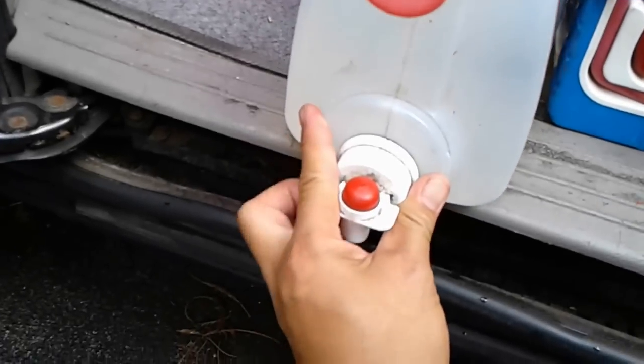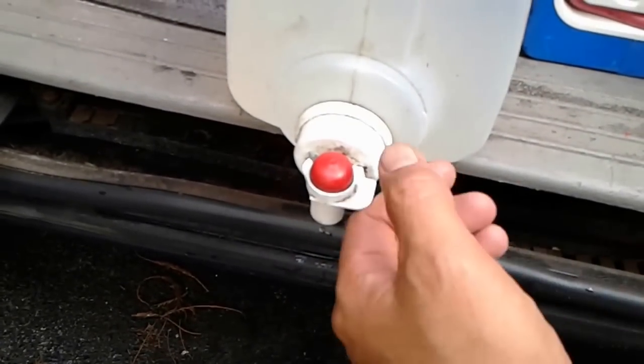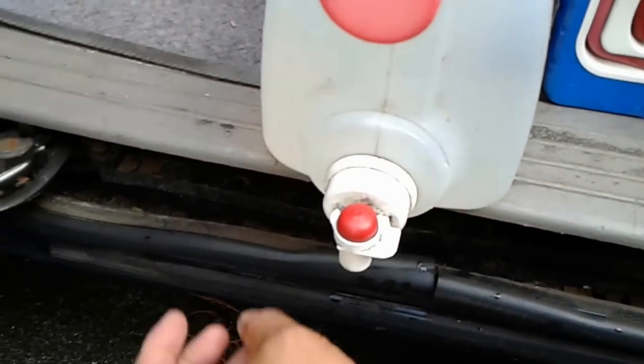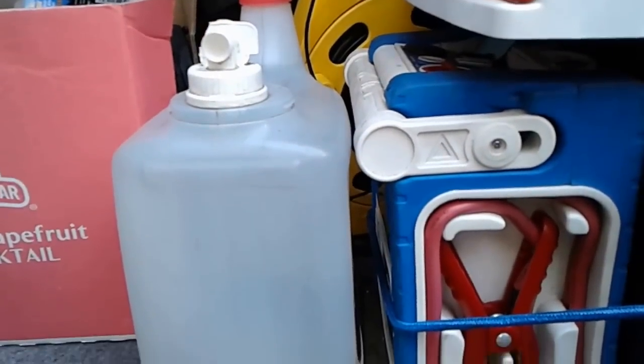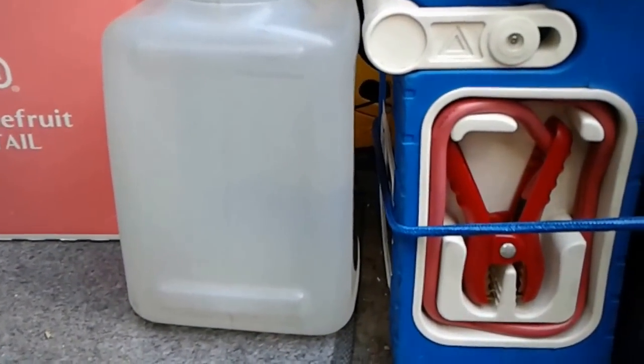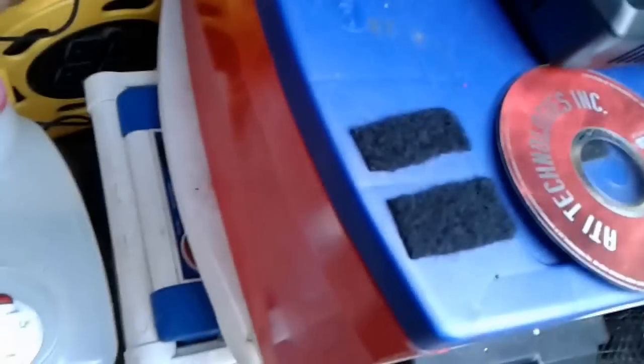The water dispenser system here is kind of dirty. You can see I need to clean that with a toothbrush soon, but it works great. I've been using it. Easy to use and really good for picnic tables or even from the vehicle. So very handy. I do recommend getting one of these coil up